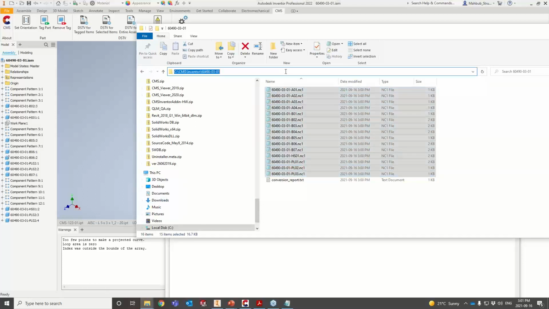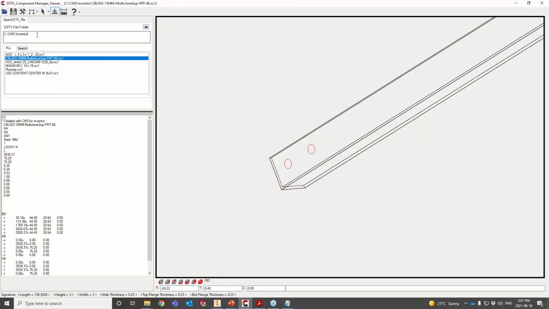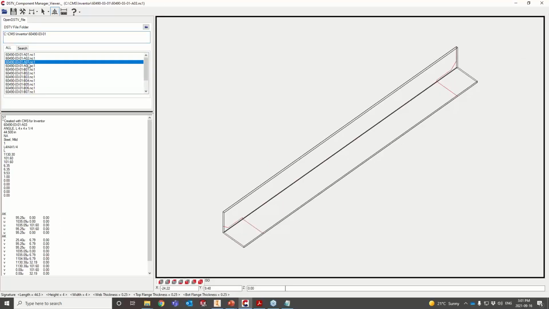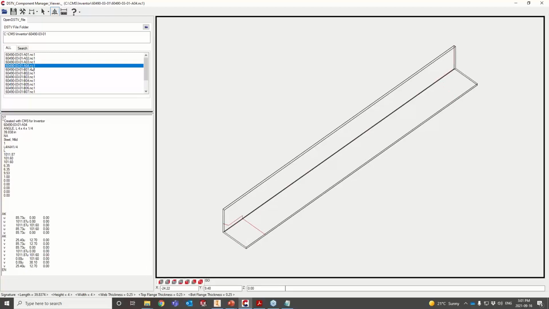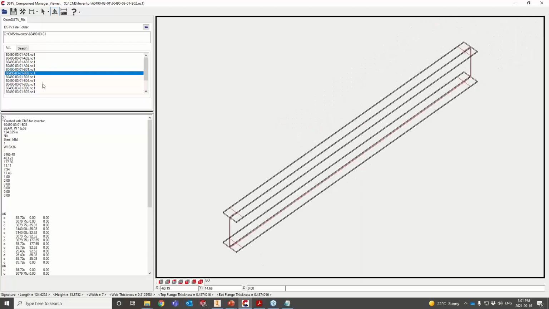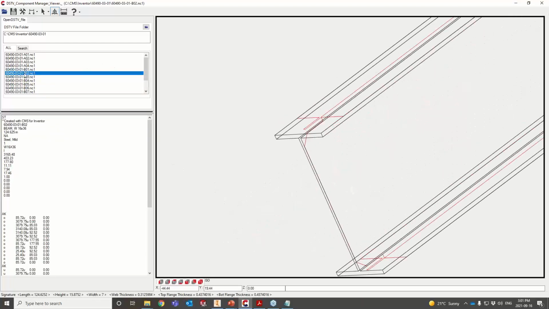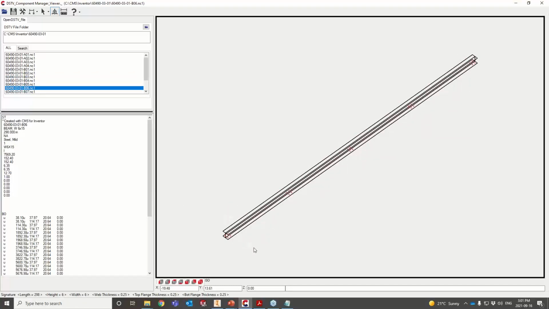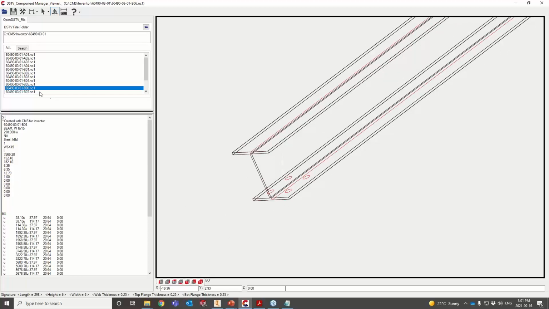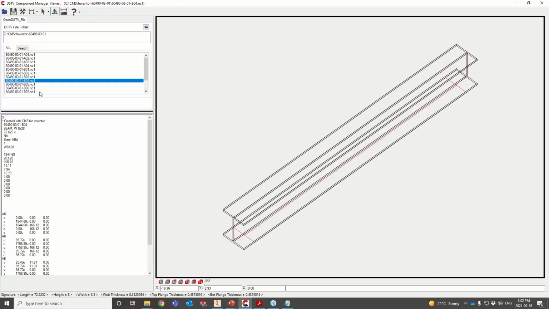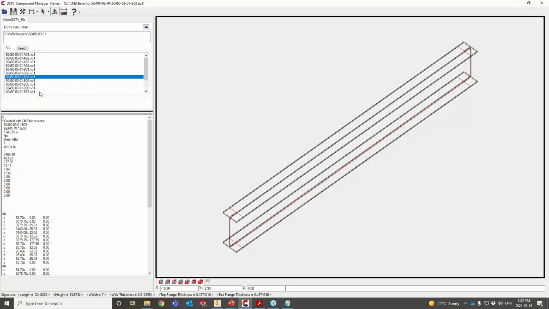If I grab that path to verify them quickly with my viewer, I can put in the directory and go one by one and visually verify. As you see, the angles were grabbed correctly. This is a beam with miters, with some copes here and there. And that part had some drills. So creating NC1 files from an assembly is very easy